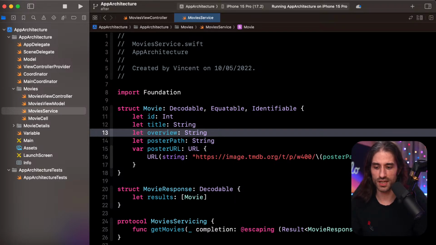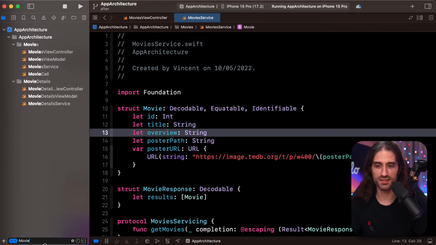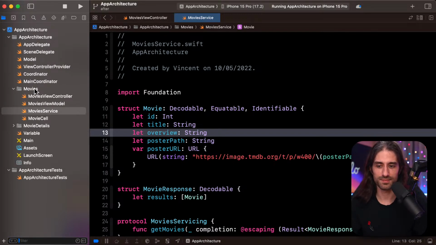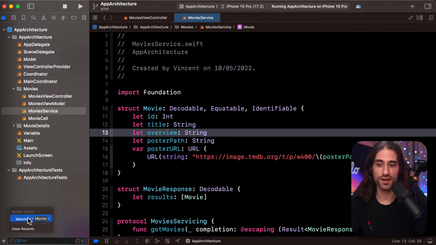Actually, I said search here, but I don't think that you can actually see. Yeah, I'm moving so that you can see it. I meant search here with the little filter where you could do, for instance, movie like this. By the way, if you didn't know that there is a filter here, there is a filter, and you can search here, and if you remove it, you even have a history of what you've searched. So it can be super useful.